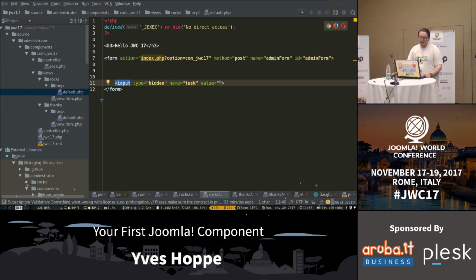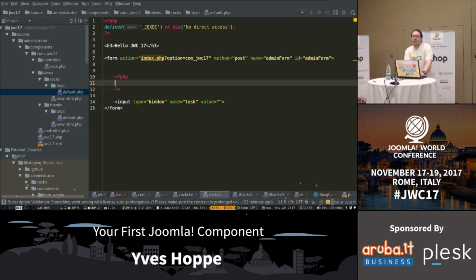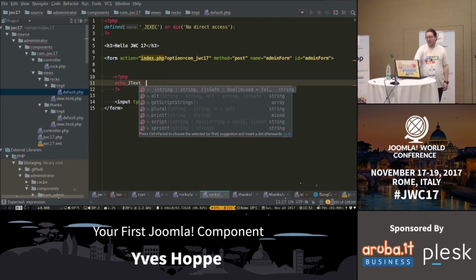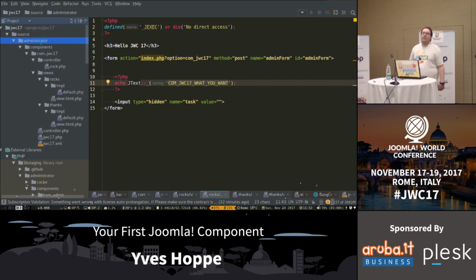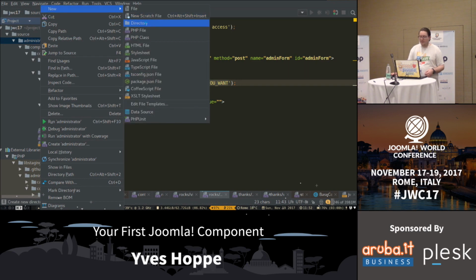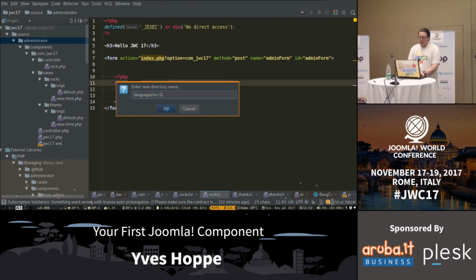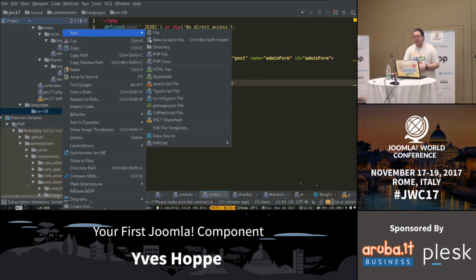We didn't show language files for now, but I can make it easy by using some language Joomla has. Outputting translated language is really easy in Joomla. You just do echo JText underscore, and then you put in the translation string. In our case, it would be JWC17, that's always a prefix. You always need to use that in the component. After that, what you want to translate. This string would go into a language file. As we are in the administrator folder, it needs to be below it. So let's mirror Joomla here and do languages, en-GB, and in that we create a file called